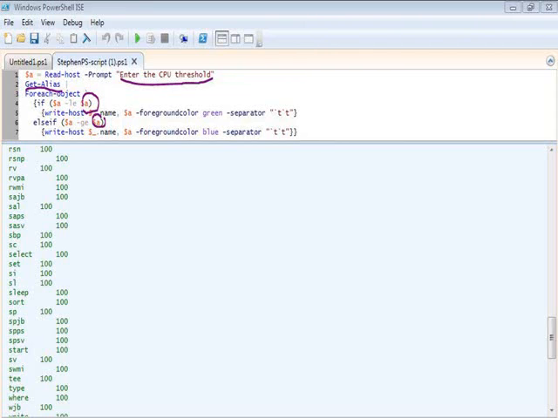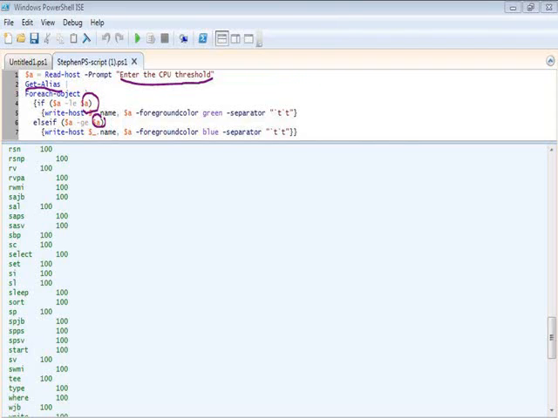I type the phrase, enter the CPU threshold, and then I change the get process to get alias command. Now for 4 and 6, I changed to the variable instead of 50 for number 4 and number 6,